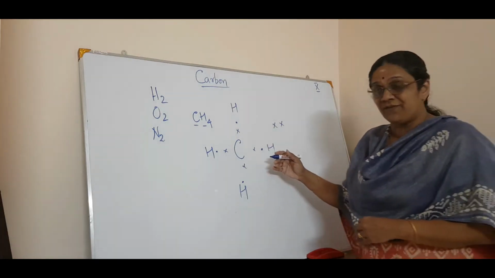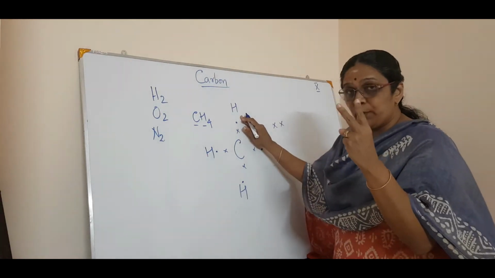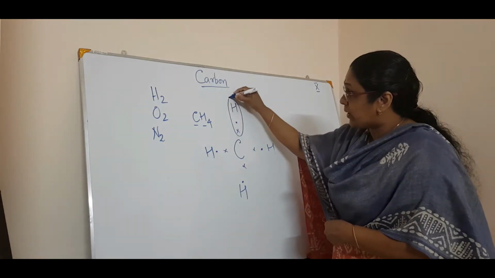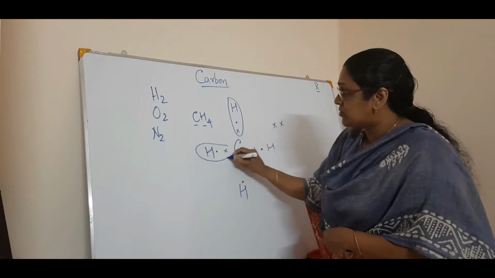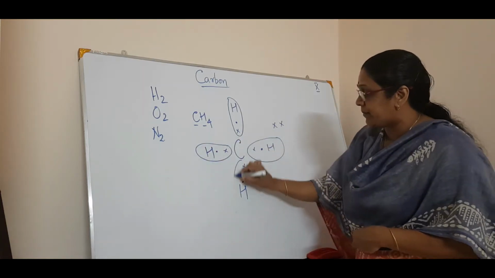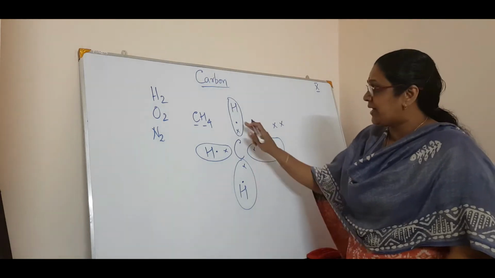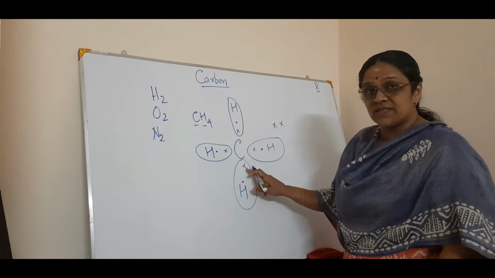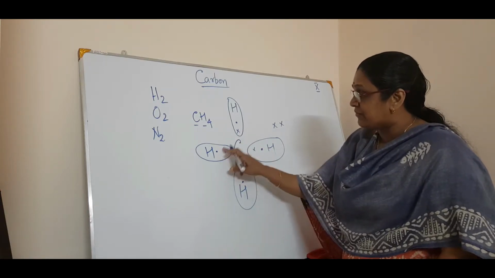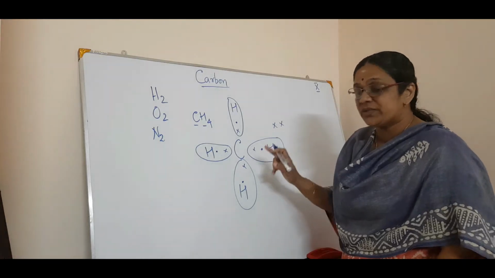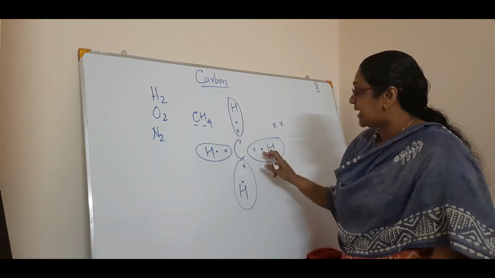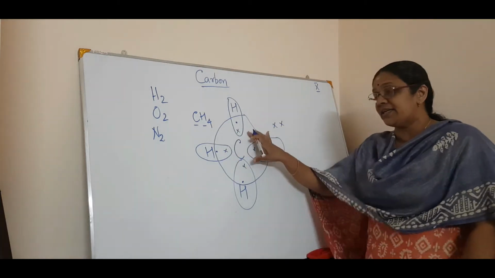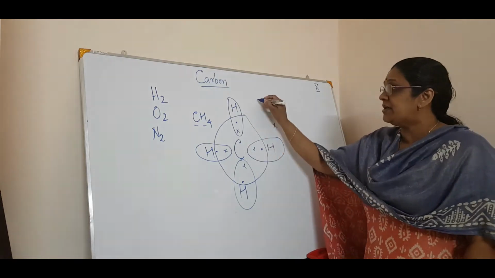Now coming to the sharing of electrons, see, hydrogen needs only 2, a duplet. Duplet is stable for hydrogen and helium. So hydrogen shares 1 electron from the carbon. Then here also like that, here also 1 from carbon and here also 1 from carbon. So hydrogen has 2, 2, 2, 2. Now what will carbon do? Carbon has 1, 2, 3, 4, isn't it? Now it will share 1 electron from each hydrogen atom. So how many in total? 2, 4, 6, 8. So it will be 8 electrons. So the octet rule is valid for carbon and the duplet for hydrogen.